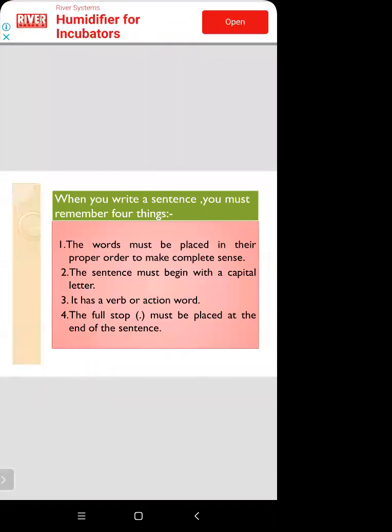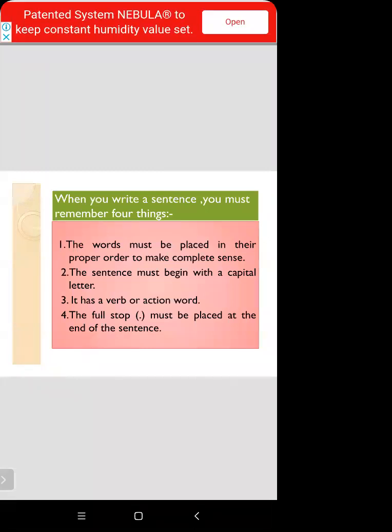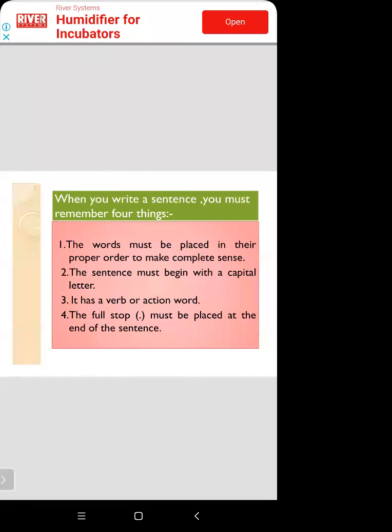तो राम who plays football? The Ram plays football. The subject is Ram and the verb is plays. So plays here is a verb, an action word. तो राम क्या कर रहा है? तो जब हम सेंटेंस में बात कर रहे हैं तो एक्शन वर्ड क्या है बच्चों? एक्शन वर्ड है plays. Clear? Now, it has a combination of subject and verb.